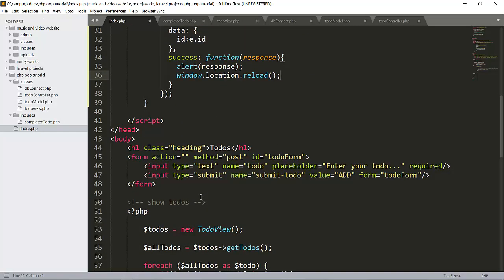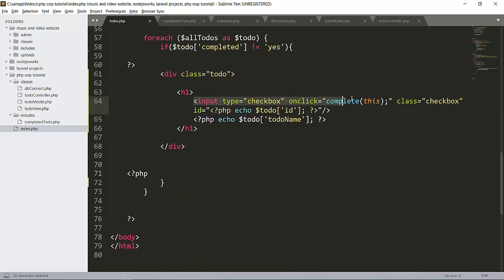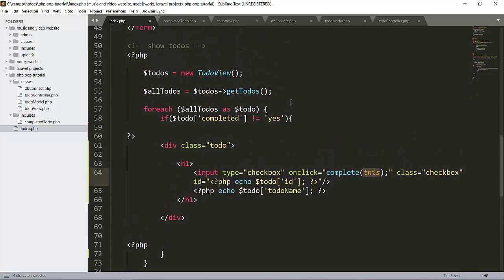Let me recap it again. We created one function here, we input here, that will be a checkbox and complete. The class is checkbox here and the id is our to do id, that we will pass to our post request here. So when there is a function complete here, we are passing our whole input here.